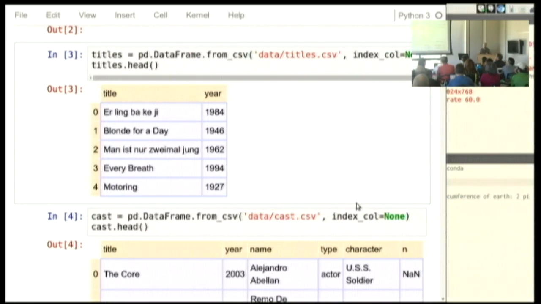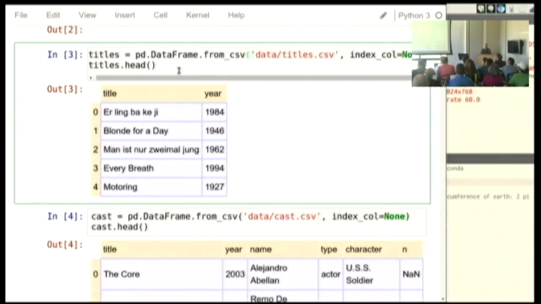This is something I don't spend a lot of time on, but one could do an hour-long tutorial just on from CSV and all of the issues that come up when you try to read in raw data. In this case, it's a CSV file, and because it's a fairly standard one, I didn't have to use a lot of options in order to get it read in. I had to use this option. I don't remember what it does, because that's not the topic of the tutorial. Oh, I know, it tells it that it should just use a simple, plain integer index for all of the rows in this data frame.